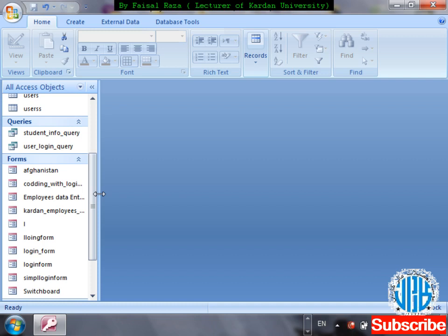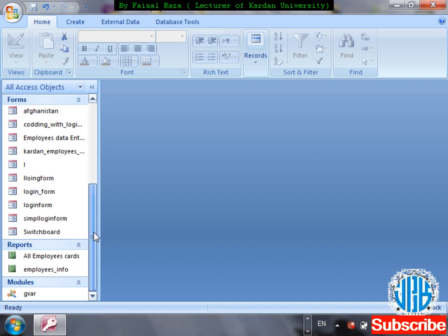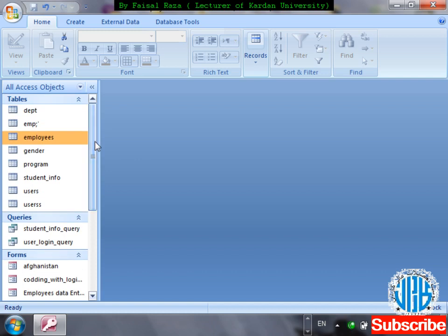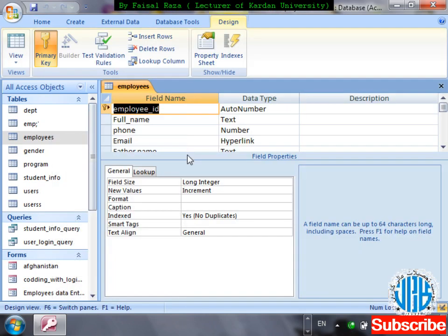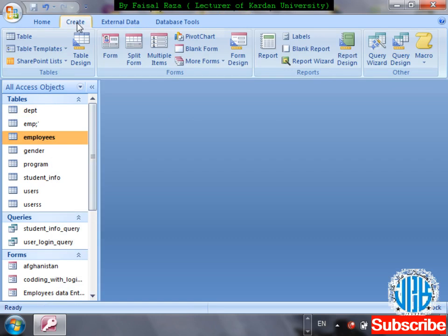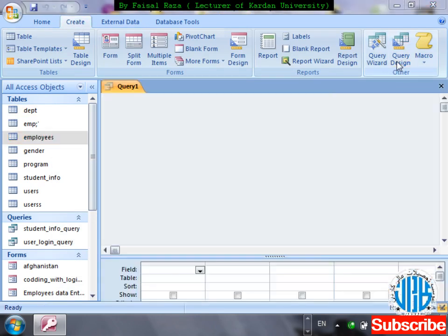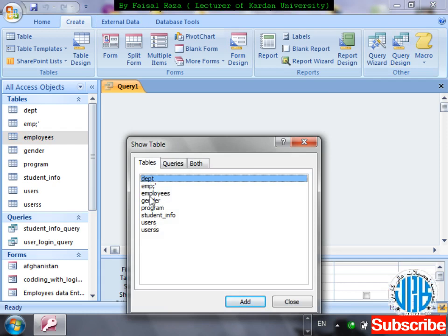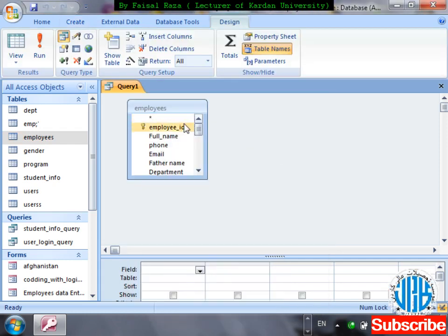What I'm going to do here, any queries there? No query generated. Just go over to the employees table, right click design, and here what we are going to do, click on table employees, go over to create and query by design. Query is there or not? Query by design. Here, which table we need? Employees added, close. Which fields we need: card ID, full name and department,